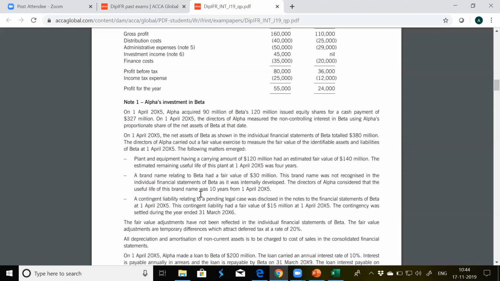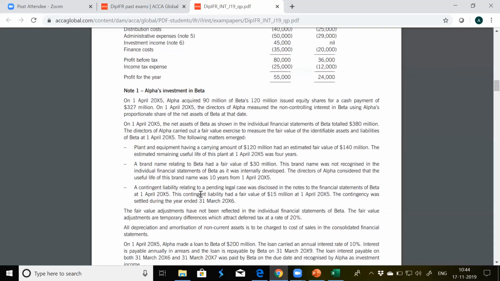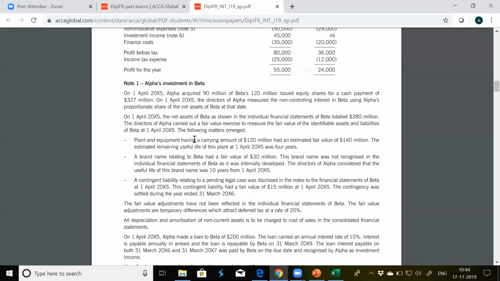First, we'll read the question, we'll break it down where we'll use this information. While you are reading the question, break it down in terms of the notes where you need to use this information. First line, working note number 1. Second line, working note number 3. Third line, working note number 3 will need the cost of investment. Then the fair value adjustments again will need in working note number 3 when plant and equipment having a carrying amount of 120 had an estimated value of 140. So there's an increase of 20 million which will be added as fair value adjustments